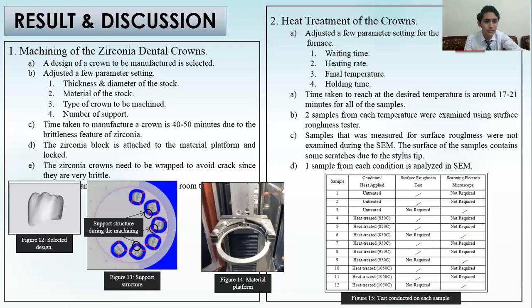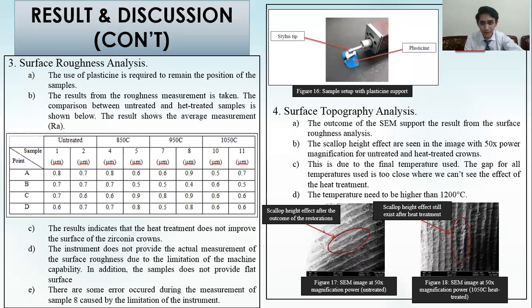Samples that were measured for surface roughness were not examined with the SEM because their surfaces contain some scratches due to the stylus tip. One sample from each condition is analyzed in the SEM machine. So for the critical result, which is the surface roughness analysis, the